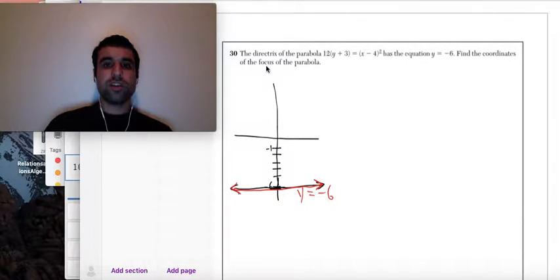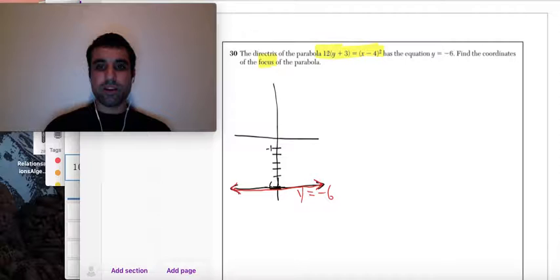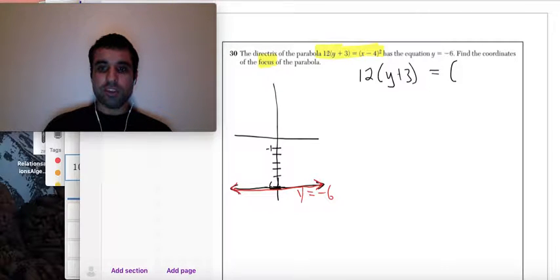We'll convert this equation into vertex form. This equation right here, we're going to convert into vertex form. We could have done it without that, but I don't know how much you know. So if I have 12 times y plus 3 equals x minus 4 squared, what I want to do is